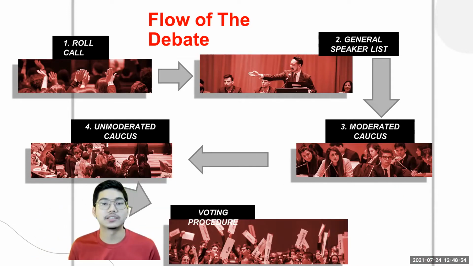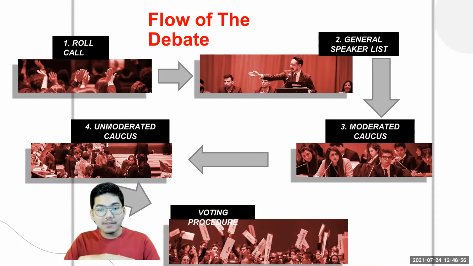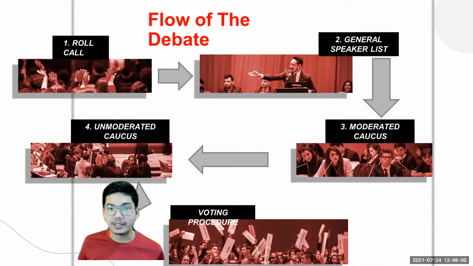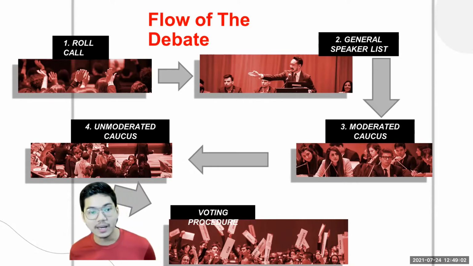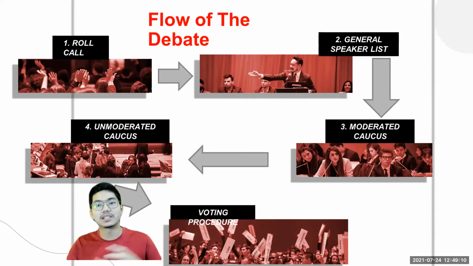But what's the difference between number 3 and number 4? If you take a look at the pictures, in number 3, everyone is sitting. Everyone's just putting on a good smiley face. But when you are participating in unmoderated caucus, number 4, this is where everything is becoming fierce, lively, because